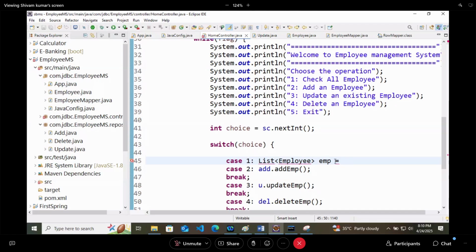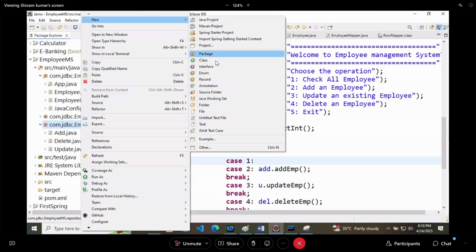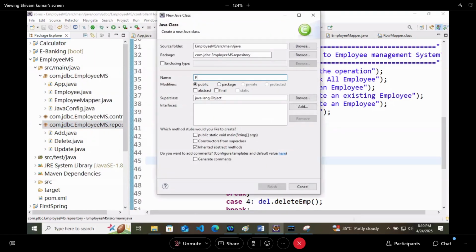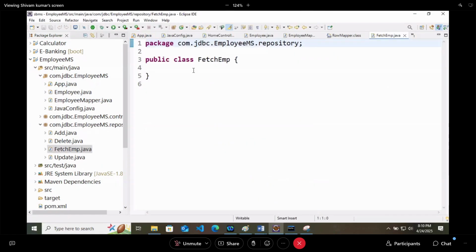Or let's say you create a read class. Don't worry. Within the repositories package, let's create a new class. We will call it Fetch EMP. This Fetch EMP has one void readEMP method.